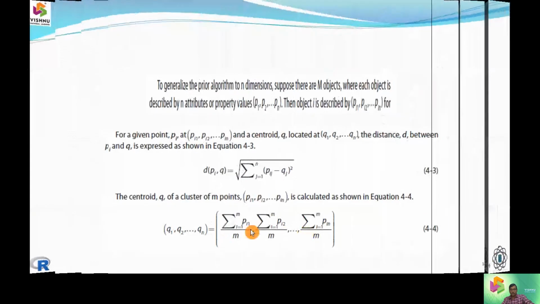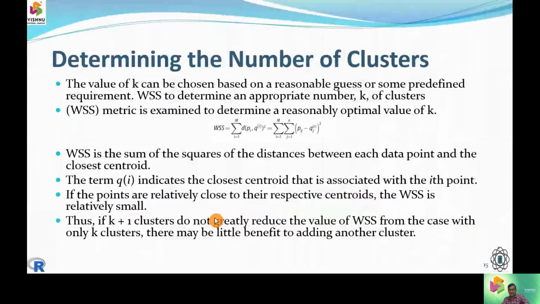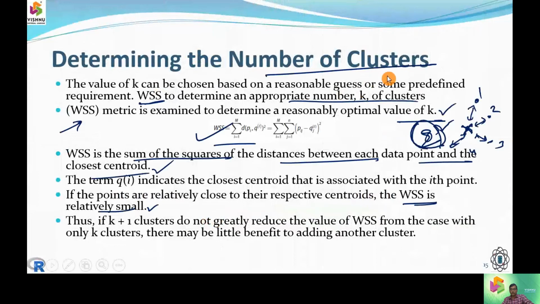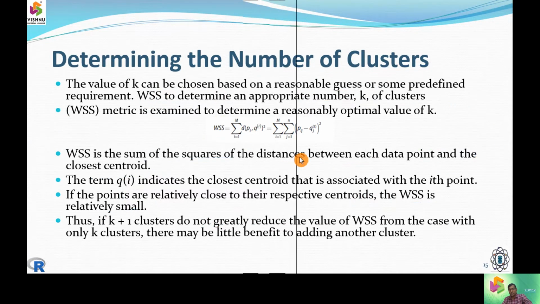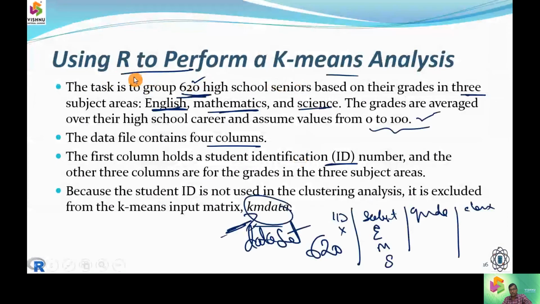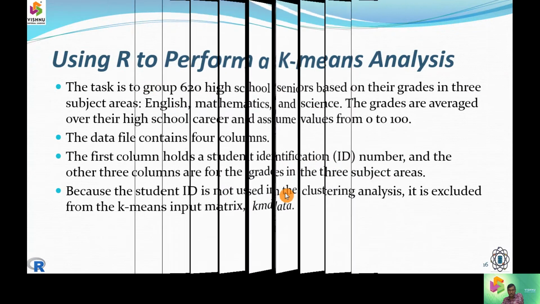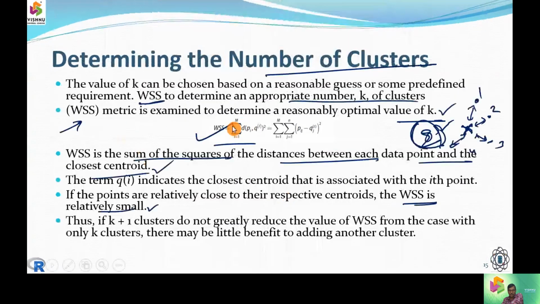So the next thing was how appropriately we are going to compute the clusters. Computing the clusters will be done by the within sum of square distance, and the within sum of square distance has to be computed very well. So let us see this within sum of square distance. The formula is to determine the distance between a data point and the centroid, how close they are. This was the formula projected for the distance between the centroid and each data point.